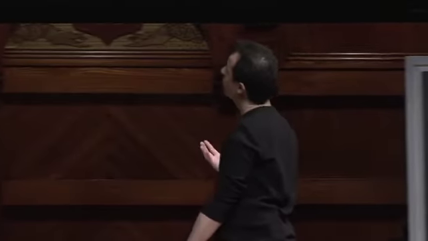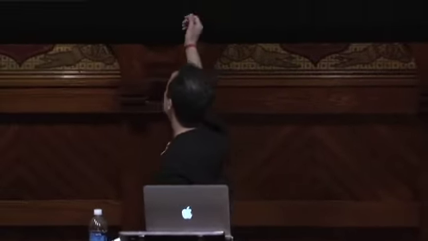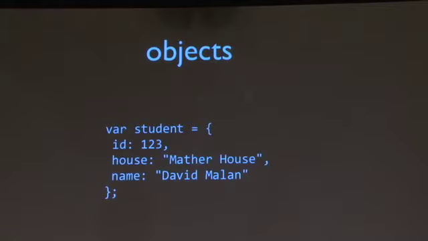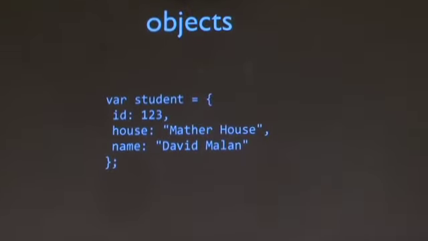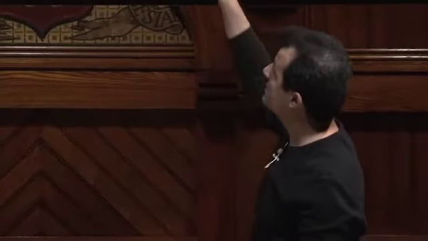If you want an object, think back to C, like a struct, and you want that structure to have 3 fields, let's call it ID and house and name, all you have to do is open this object with a curly brace, close it with a curly brace and semicolon, and then inside of it you can have as many key value pairs as you want, all separated by commas, where the key is to the left of the colon and the value is to the right of the colon. So again, think back to our declaration of student with a typedef and a struct way back in C. Well, this is the exact same idea, but if you want it to be declared, it's as simple as just saying, give me an object, call it student, and inside of it here are going to be these 3 key value pairs.